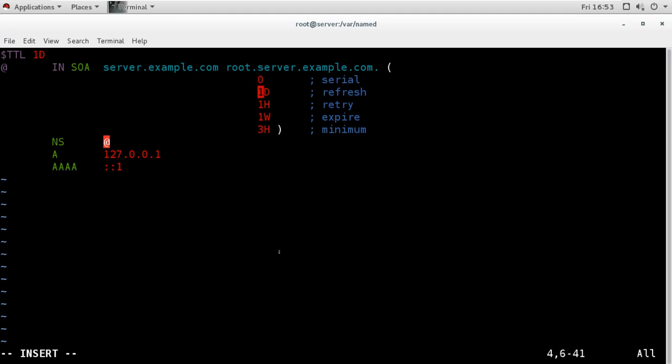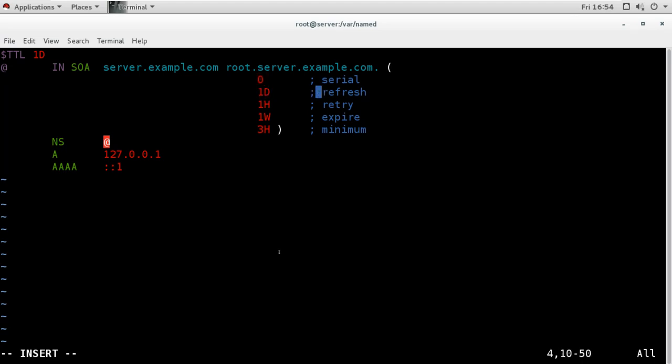Now there are other options, other features, and you can change these options. The serial number is to update the two DNS servers. When two DNS servers talk to each other about new records, they will talk with this serial number. Suppose one server has 1 and the other server has 2. When they communicate, the server which has serial number 1 will ask the other server that you have new records, and please pass the records on to me. So the other server will do the zone transfer on port number 53 of TCP. Other than that, queries will happen on port number 53 of UDP.